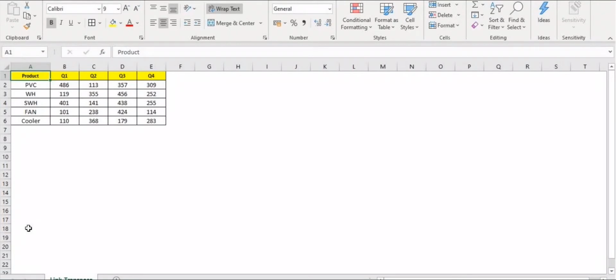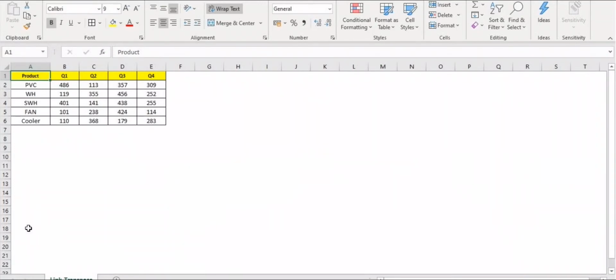Many of the time we have one view of data and we have to transpose the data to get a different view. Now the problem in this case, if we transpose the data without any links and later on we make any changes in the original data, then we will not get the other data updated automatically. So Excel gives us two methods to transpose the data using formulas.